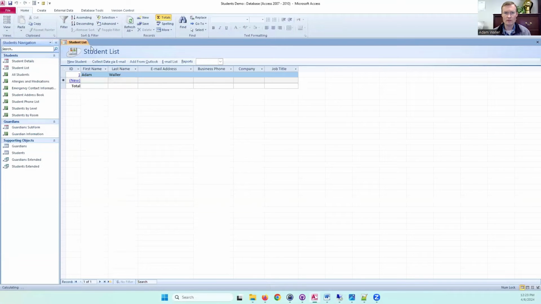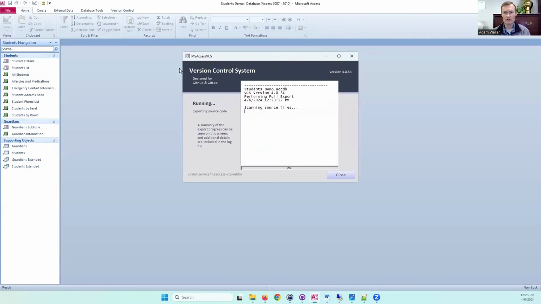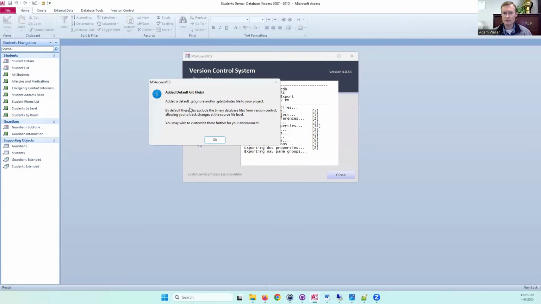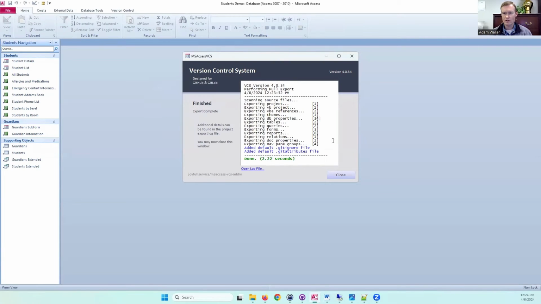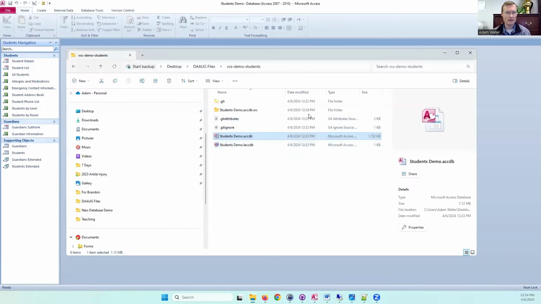This folder, enable the content now. And I can come over to version control, and it's literally one click. Export source files. And then it's also letting me know, hey, by the way, I've added a default .gitignore and .gitattributes to the project. This is super helpful in that it's going to actually create a default .gitattributes and .gitignore